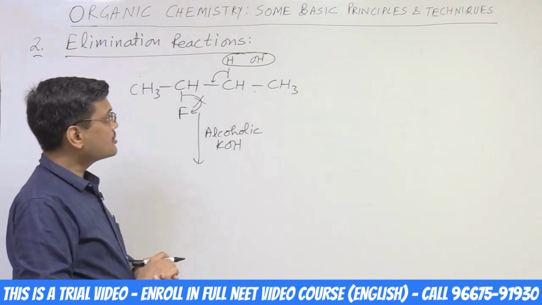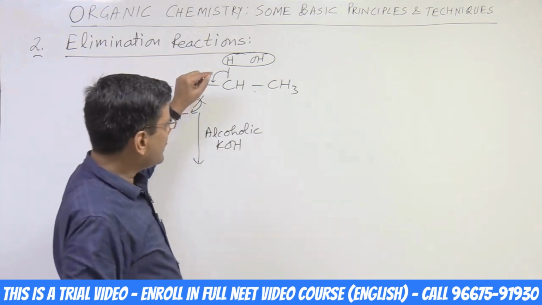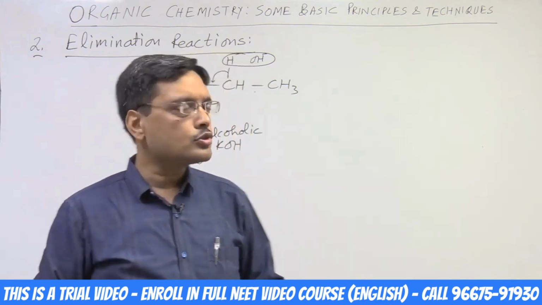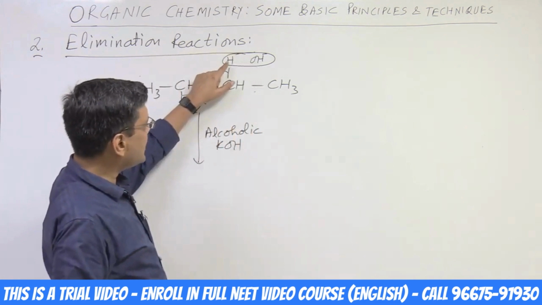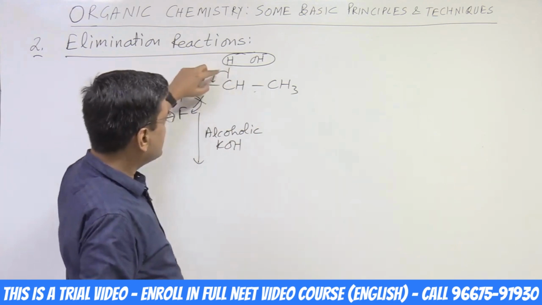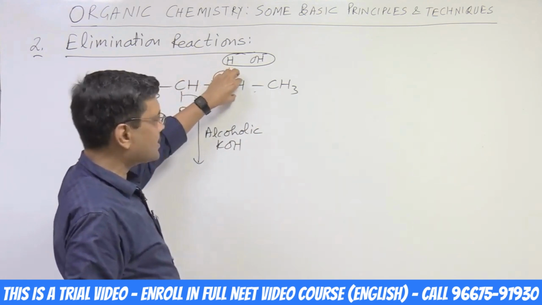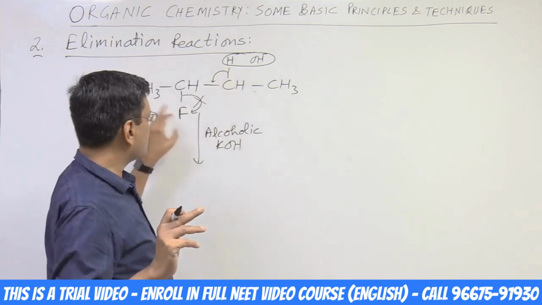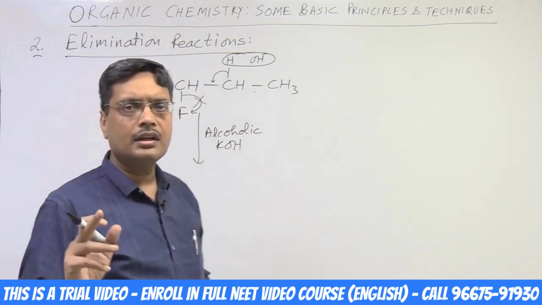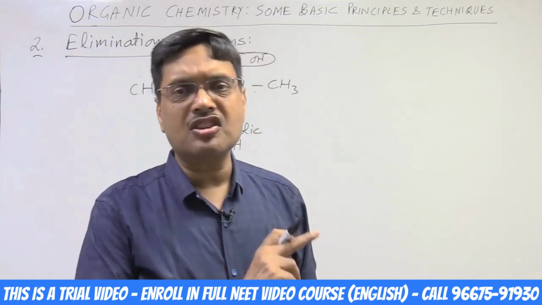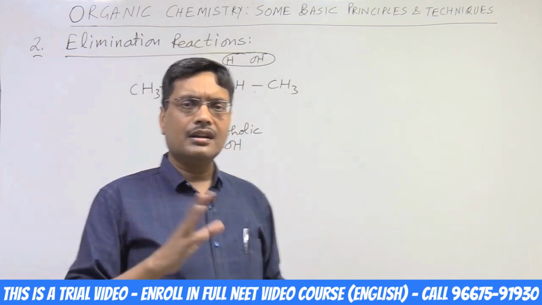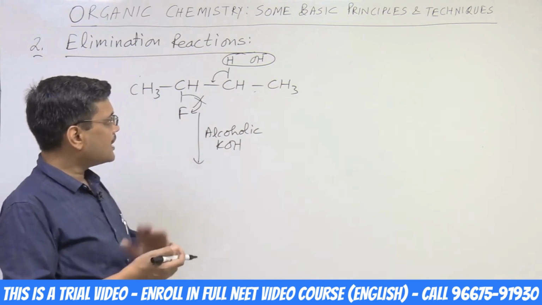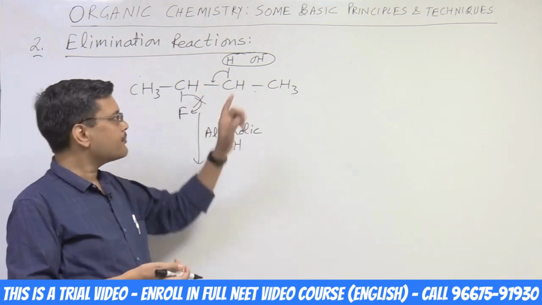Then what happens? Then the reaction shifts into two steps. Firstly, it removes the H positive ion and this electron pair resides on this carbon and is converted into a carbanion. It does not shift into here because fluoride ion cannot be removed due to its weak leaving nature. It is not a good leaving group. It is a weak leaving group due to being a stronger base. Then this reaction shifts into two steps.